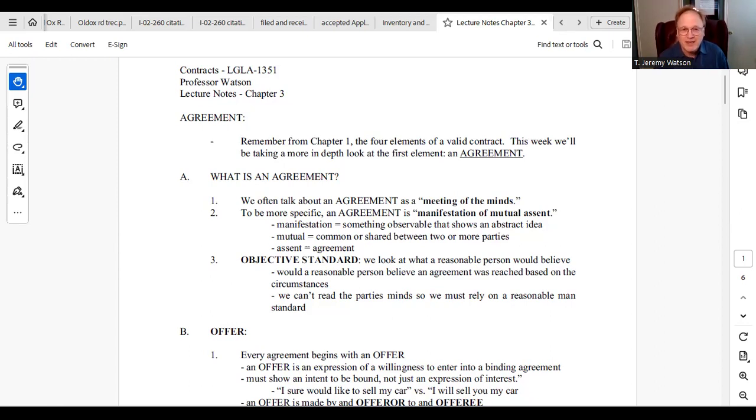In fact, let me stop sharing the screen so I can make sure that I do this, right? A meeting of the minds. The minds have to meet in exactly the same spot, right? It's not an almost meeting of the minds. It is a meeting of the minds, meaning that for an agreement, both parties, or if you have more than 2, all parties, have to agree on exactly the same thing, right? If they don't agree on exactly the same thing, right? I thought I was agreeing to this and you thought something a little bit different, then we don't have a meeting of the minds. Those 2 ships pass in the night, right? And if we don't have that meeting of the minds, then we don't have an agreement. Let me pull that PowerPoint back up, though.